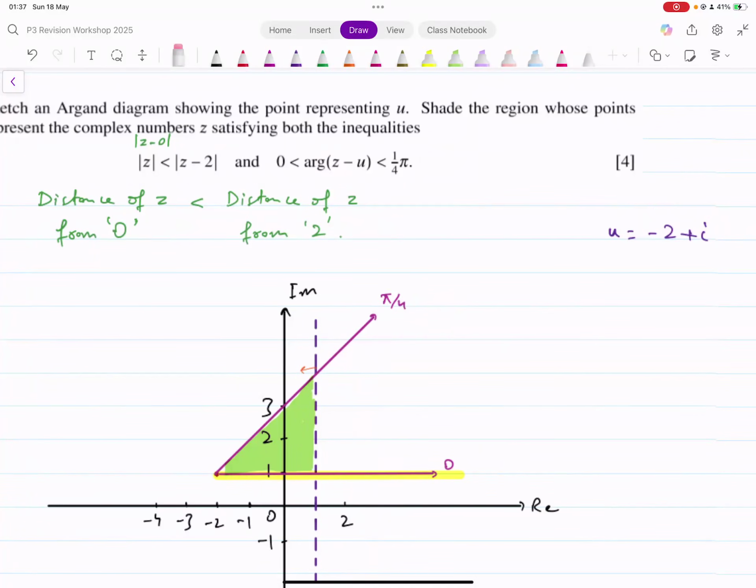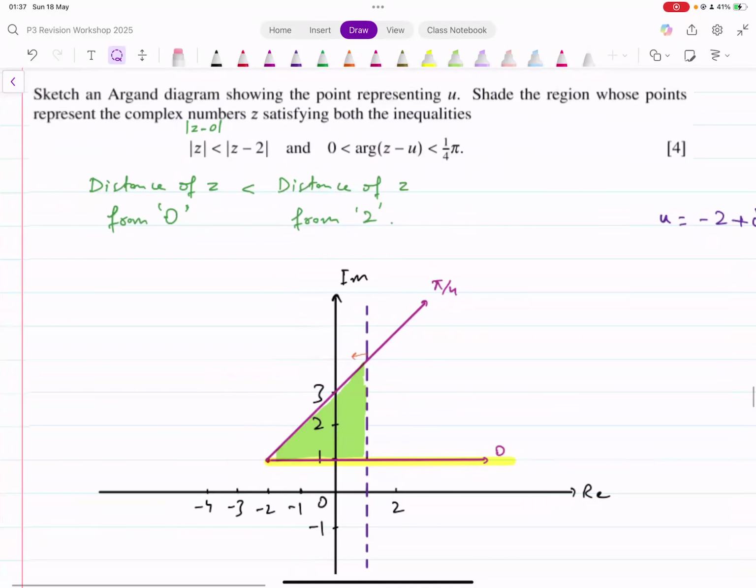That's given in the question. Okay, that's not something that we're assuming. That is given in the question statement. Okay, now,